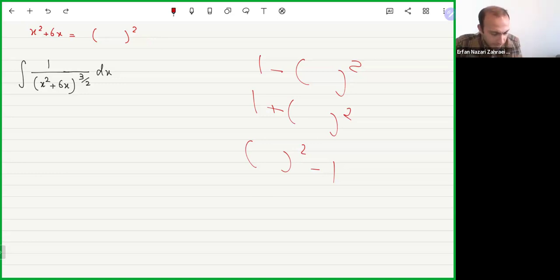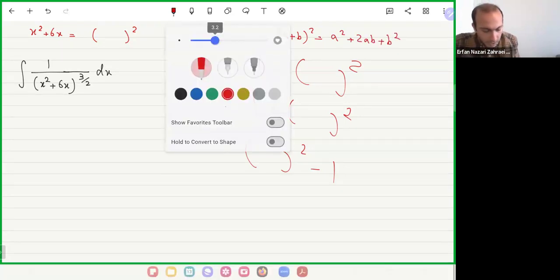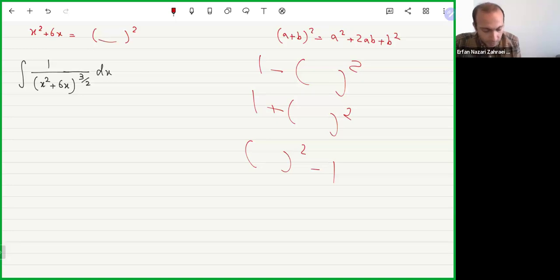If you compare the terms, I have x squared. If I have (a plus b) squared, that would be a squared plus 2ab plus b squared. Do you remember the formula? If you want, let me write it here. a squared plus 2ab plus b squared. The idea is to choose a and b such that I have these two terms, but maybe with an extra constant term.